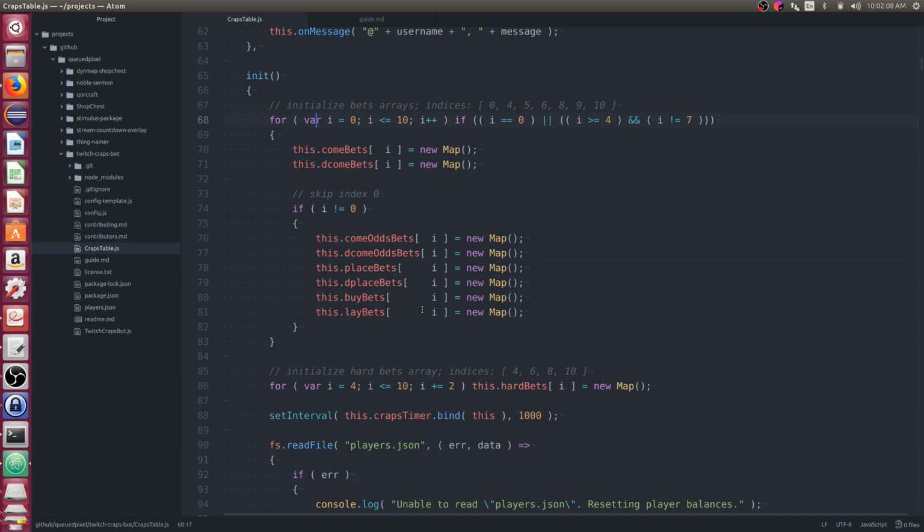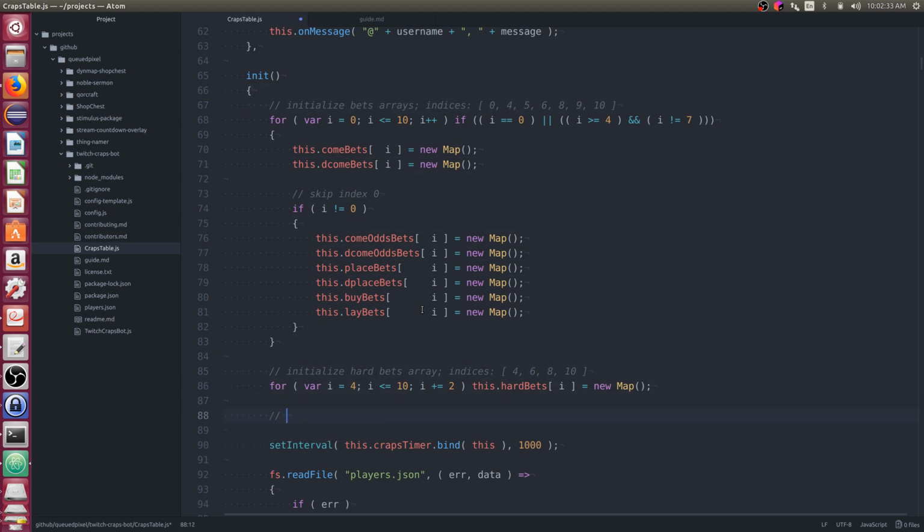And initialization, we have initialized bets arrays, so none of these are going to be good for me. I probably want to say initialize